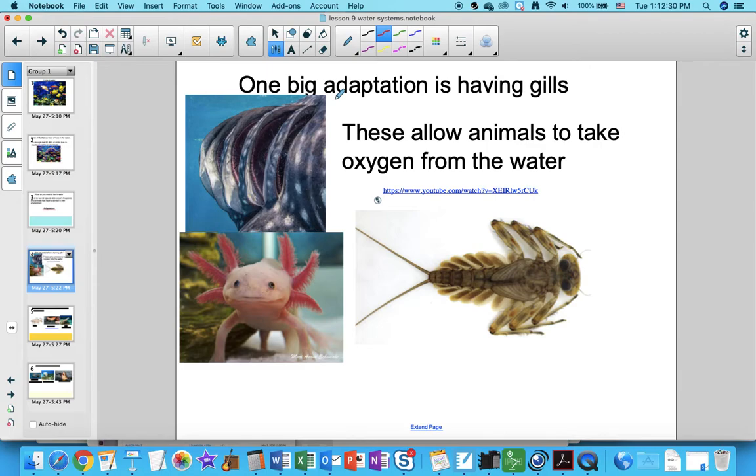One big adaptation aquatic or marine animals have is that they usually have gills. These allow animals to take in oxygen from the water. So in water, there's little bits of oxygen dissolved in there. And so these gills take in that water and filter out the oxygen, allowing them to actually breathe oxygen in water. And so you can see this in this shark, you can see this in this axolotl, and this, I believe, insect here, right? Those are its gills. And so water will flow past them, oxygen will flow into those gills, and so those animals are able to survive,